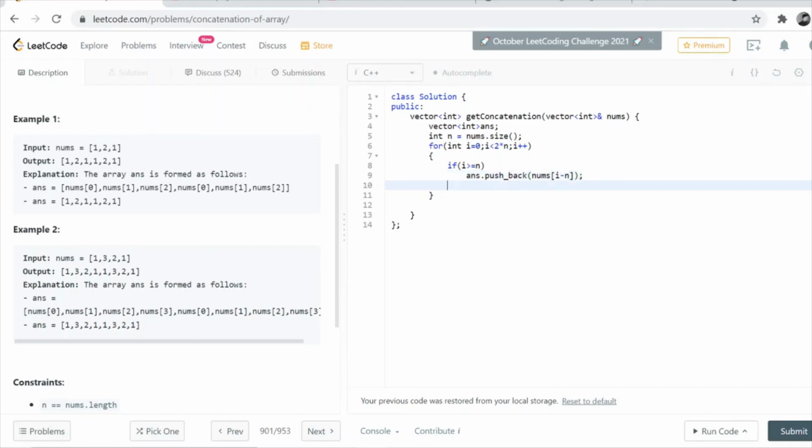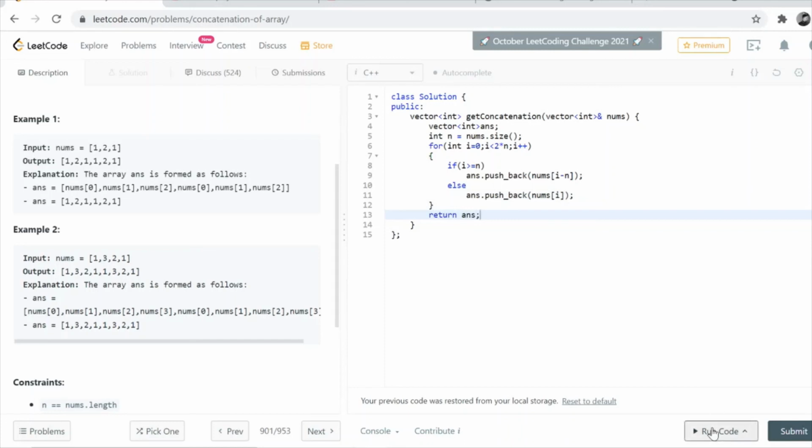And then otherwise, in all other cases, we will simply push our normal array element, which is nums[i]. So once this is done, we have to return our answer vector. So we will return answer.